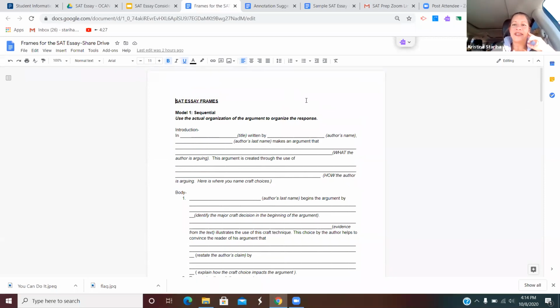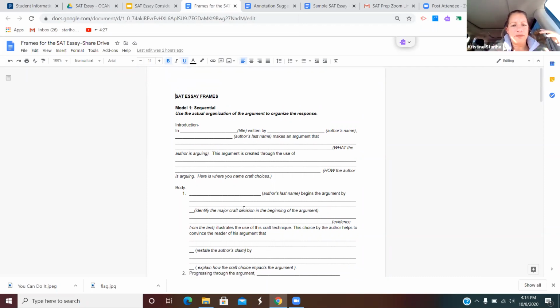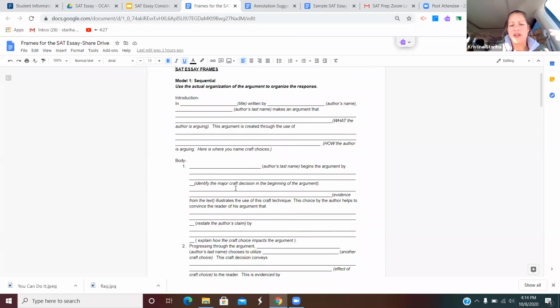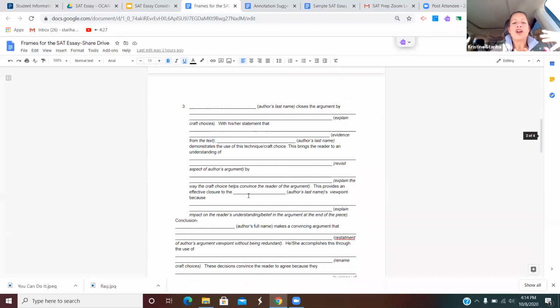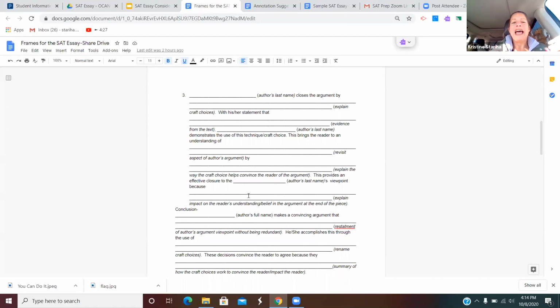Sequentially just means you take the essay and you actually move through the essay in the order of the essay. So you're still going to analyze their arguments and their craft choices, but you just go from the beginning of the essay to the end of the essay. You know, the author begins the argument by, the author continues the argument by, the author closes the argument by, and you actually use the structure of the excerpt SAT gives you to structure your paragraphs